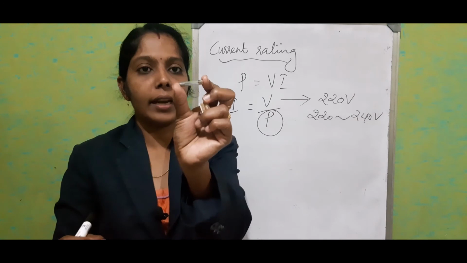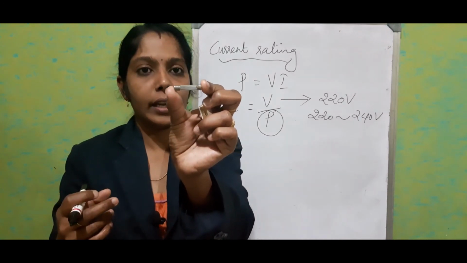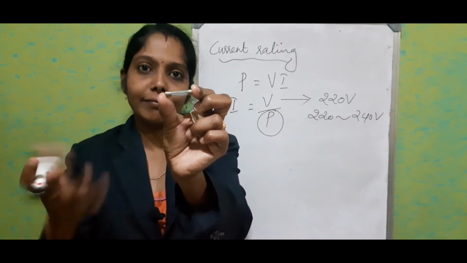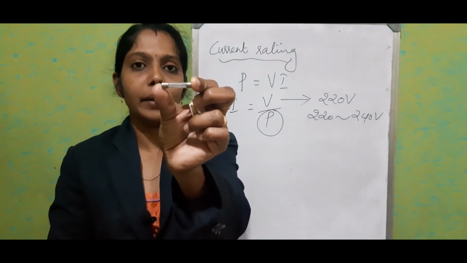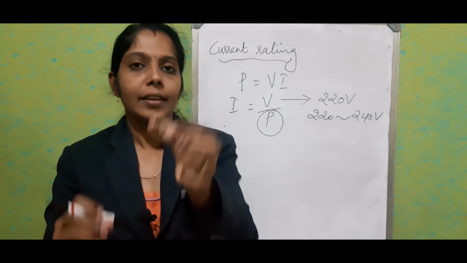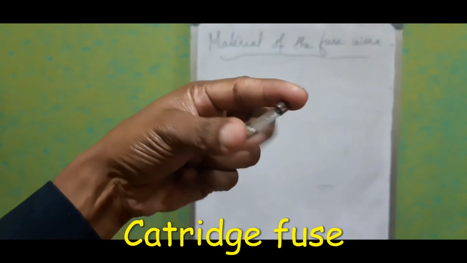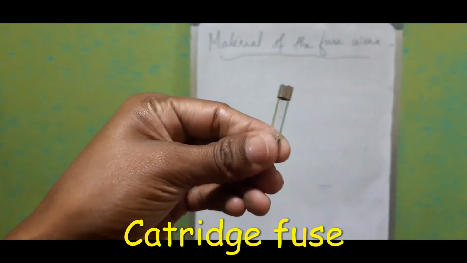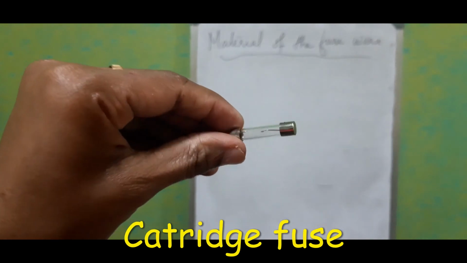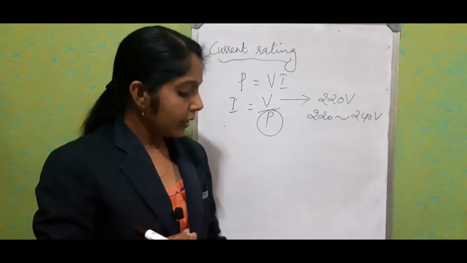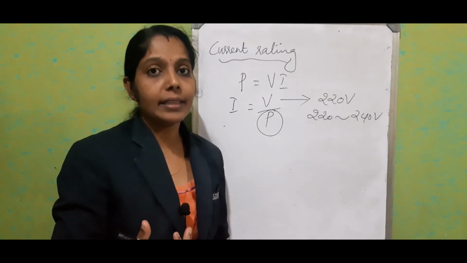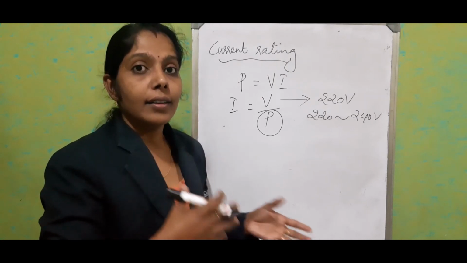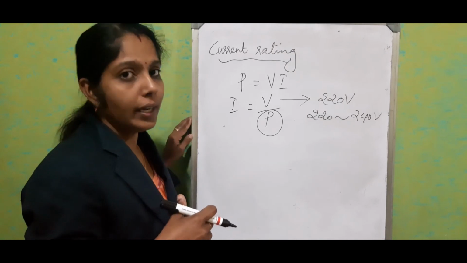So inside this tube, you can see a continuous line. Actually, it's a fused one. It's a broken circuit. So this is the way it will melt off. So see, this is the way how it works. Especially for high rating materials, it's better to give a special, individual fuse to the connection.